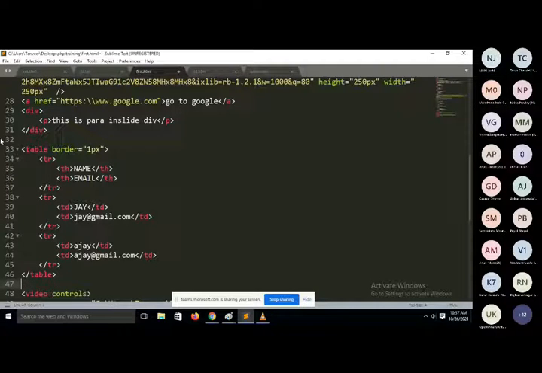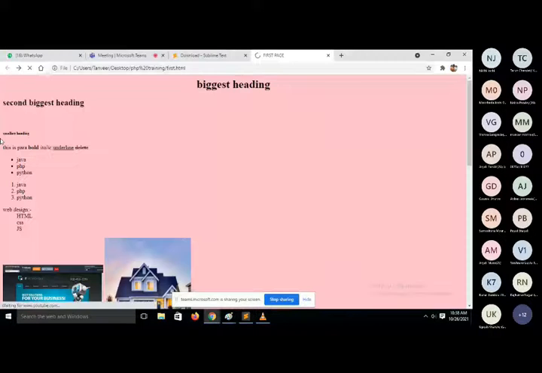Sometimes in some tags it depends on your container. What is a container? Like body is a container, division is a container. Some tags do not support the align property, or in some situations align will not work. In that case you will use the center tag. You can also apply center alignment on the table tag, and it will work now, but it depends on its container tag.